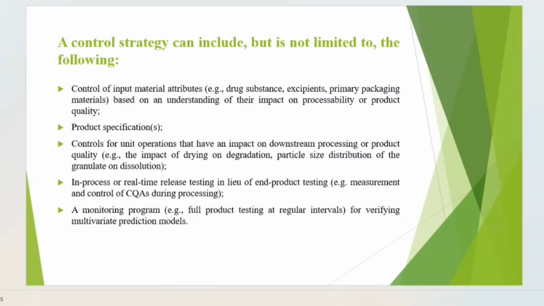Then in-process or real-time release testing, for example, measurement and control of CQAs during the processing. Then a monitoring program, for example, full product testing at regular intervals for verifying multivariate prediction models. So this is the control strategy we need to follow while manufacturing a product. Control strategy, why is it important? Control strategy is important because it helps us to